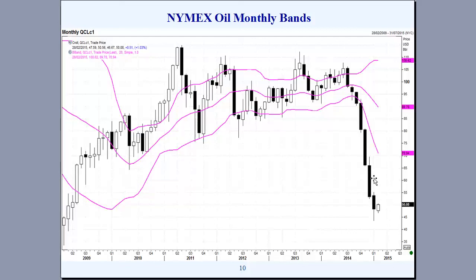In terms of the depth away from the bands here, and especially from the lower band and from the middle of bands, the market is looking overextended. And with the reduction in the size of the black body, it certainly wouldn't surprise to see NYMEX Oil attempt to mean revert, and we could substantially retrace quite a bit of this first time frame downtrend that we've been in for some time. If we do see the market test to higher levels, the first place to look for resistance with the bands would be at the lower band, and that's roughly about 71.